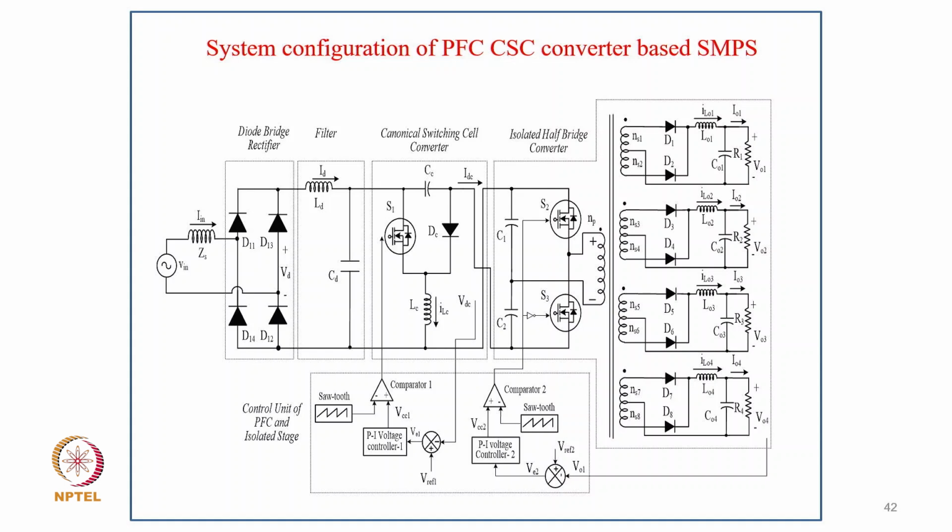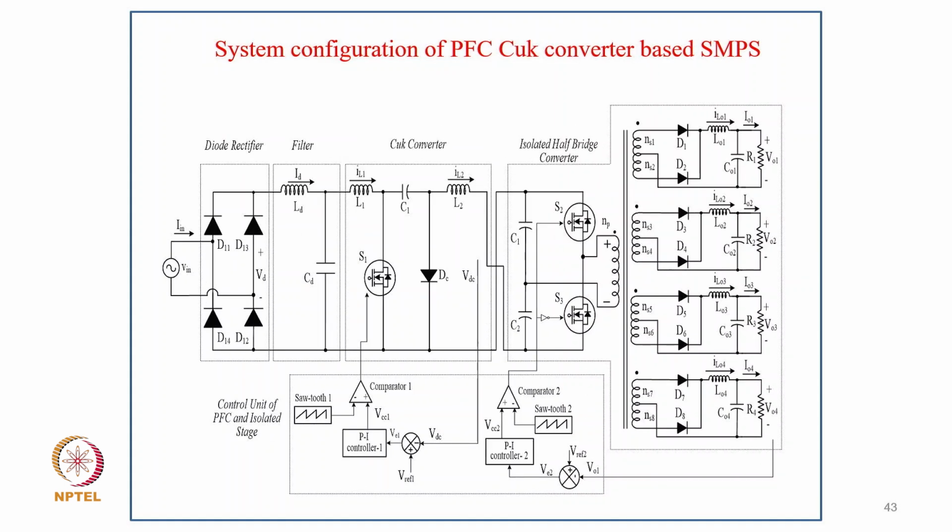Of course, we designed this inductor in DCM mode, which gives an inherent power factor correction on the supply without sensing input voltage and input current. And this can be used in place of the canonical switching converter. We can use the Cuk converter also, where in the Cuk converter we have three energy storage elements, L1, C1, L2. So there are normally different designs, one with CCM and another with any one or second or third element in discontinuous current, or discontinuous voltage across the energy transfer capacitor C1.